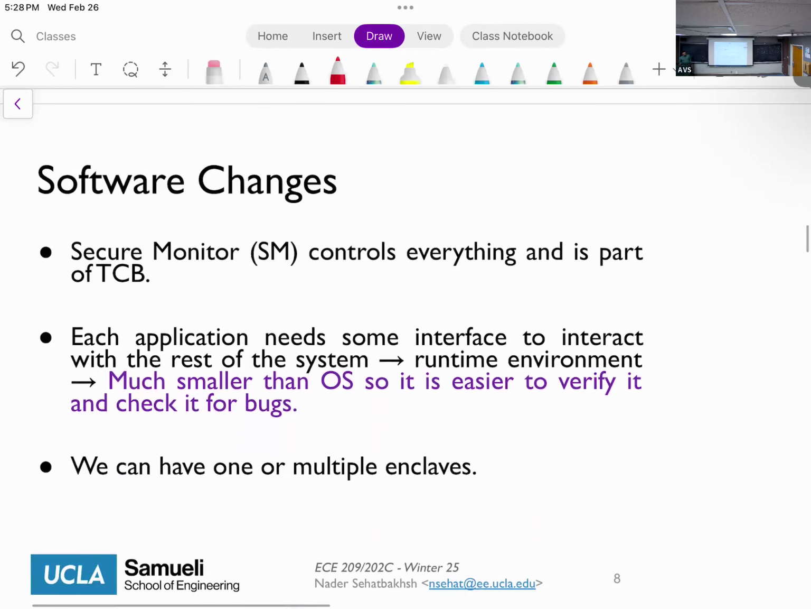Okay. So in order to do this, we typically have what we call a secure monitor, or SM. This is a layer that goes lower than your regular operating system. Essentially, what we do is that we're going to have runtime environments that each application can